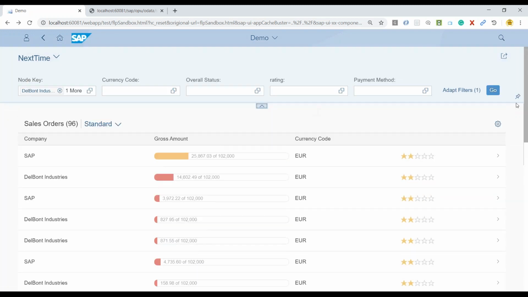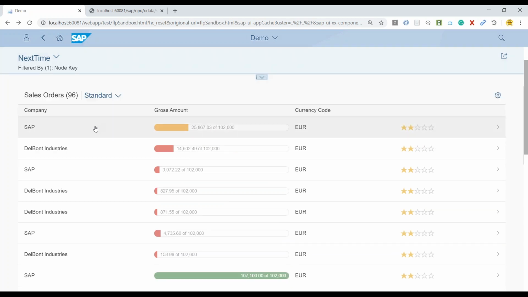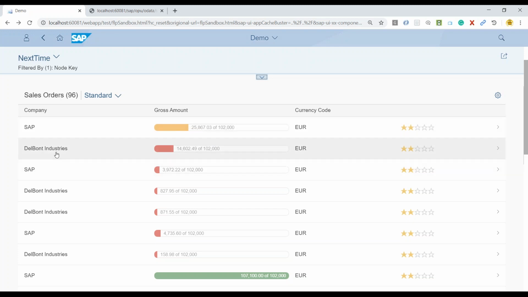Now I can come back and show you the details here. As you can see, I have built a beautiful dashboard report. As you can see, this is a smart table over here. And the first column is of course showing us the company name.